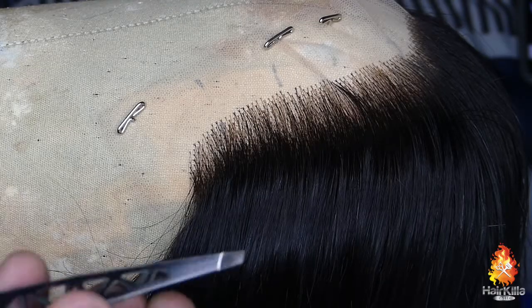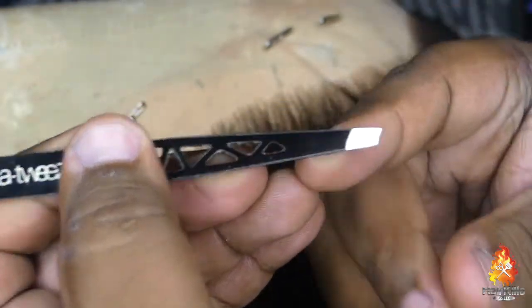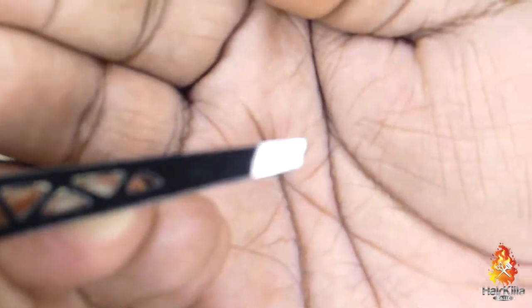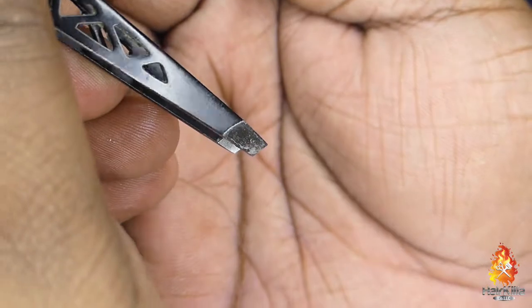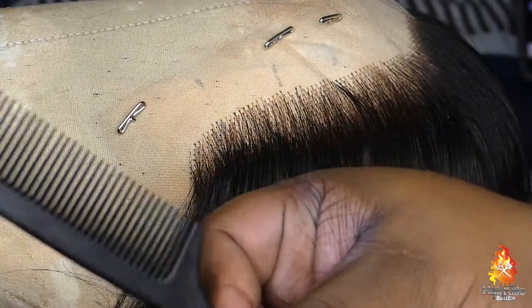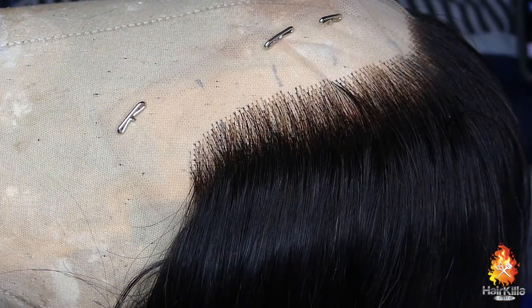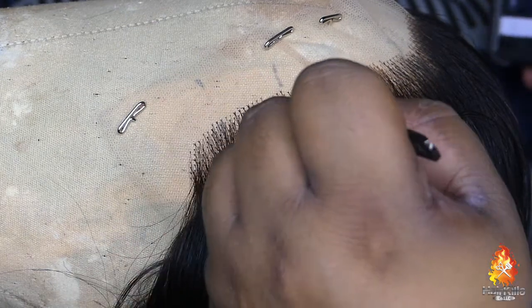Alright, so as you've seen, we did go ahead and rinse the lightener out and slick the wig back, because now we're about to get into the fun part, tweezing and customizing their hairline. So what I'm trying to show you right here is the direction that you should be holding your tweezers. Get you a rat tail comb, maybe some clips to section everything out,